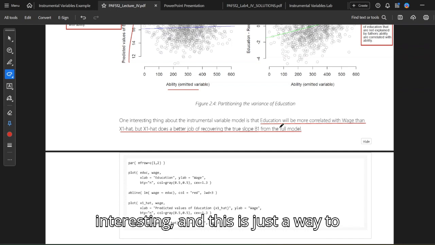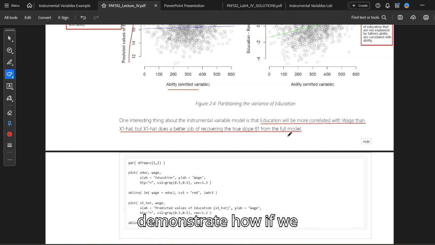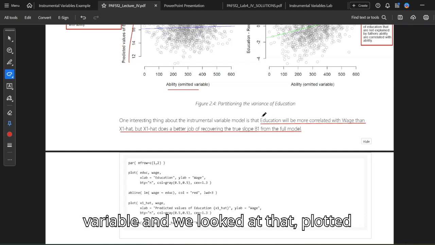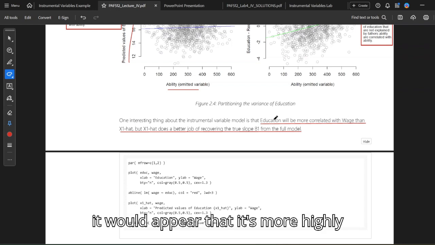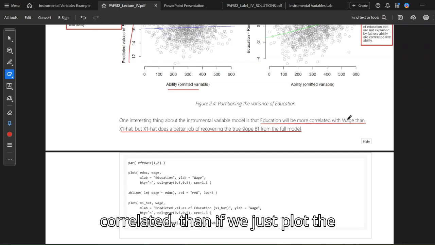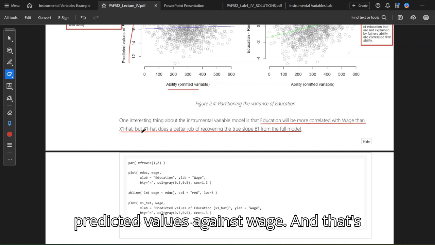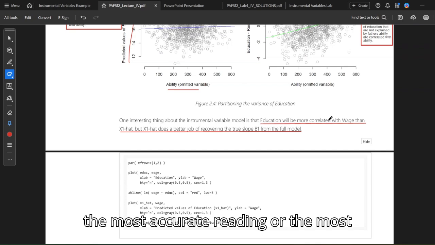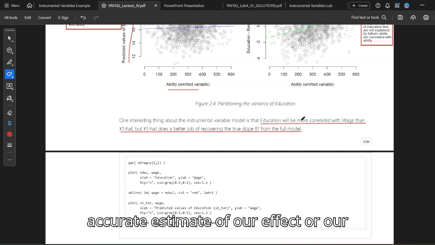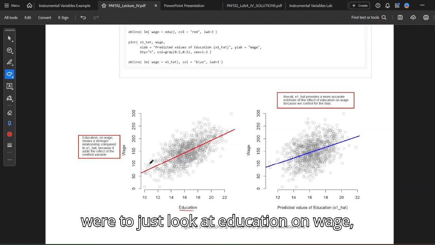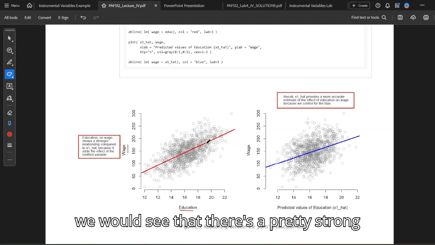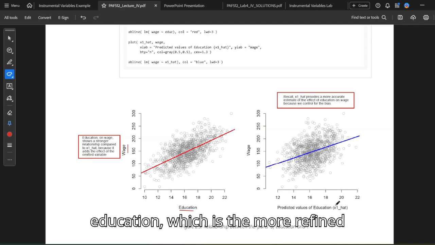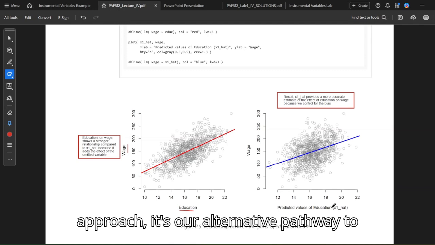So something interesting, and this is just a way to demonstrate how if we just took education, or a treatment variable, and plotted that against wage, our outcome variable, it would appear that it's more highly correlated than if we just plot the predicted values against wage. That's ultimately just because we want to get the most accurate estimate of our effect or our treatment. So if we were to just look at education on wage, we would see that there's a pretty strong positive relationship. But if we were to look at the predicted values of education, which is the more refined approach, our alternative pathway